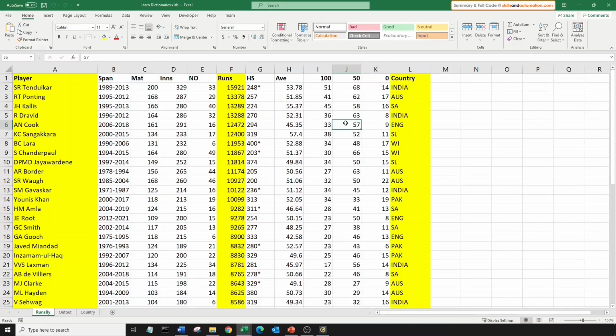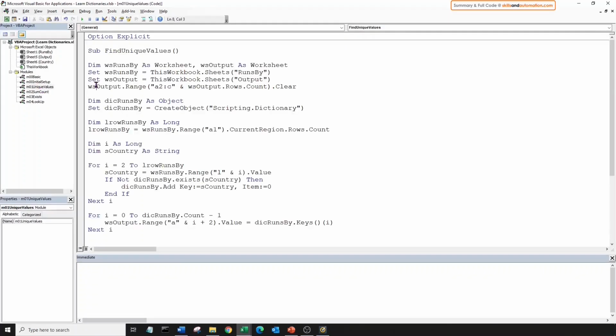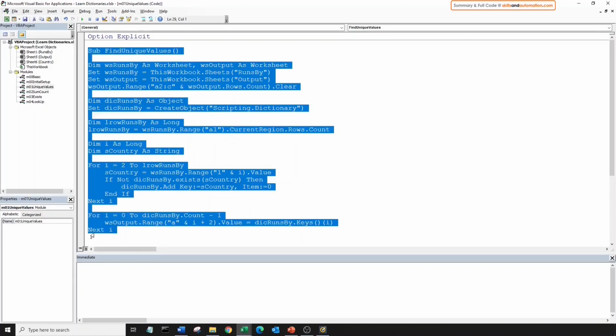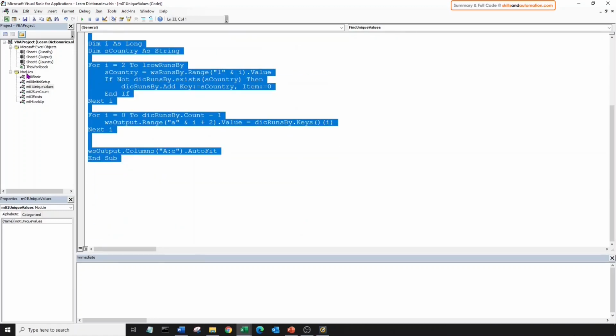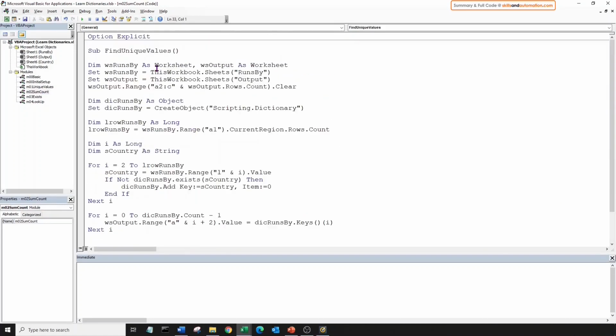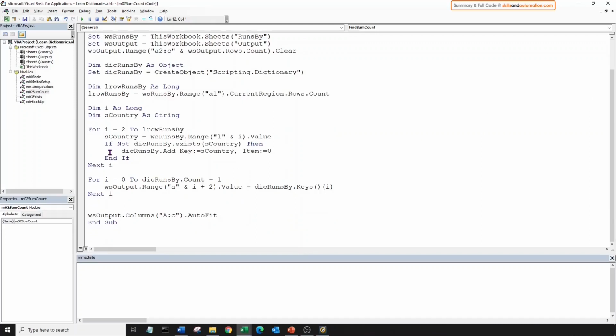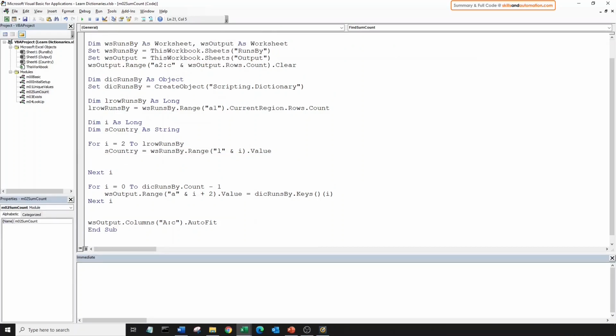So back to our VB editor. We will use the same sub as last time. Change the name. Okay, let's look at count first. We'll come down to our if statement and we'll change it from a simple if to an if else statement. So delete this off. The first part will be if the country name exists, and then we'll add an else condition.